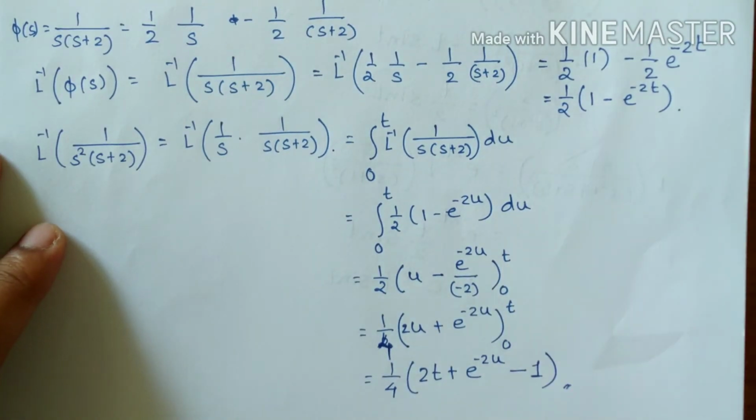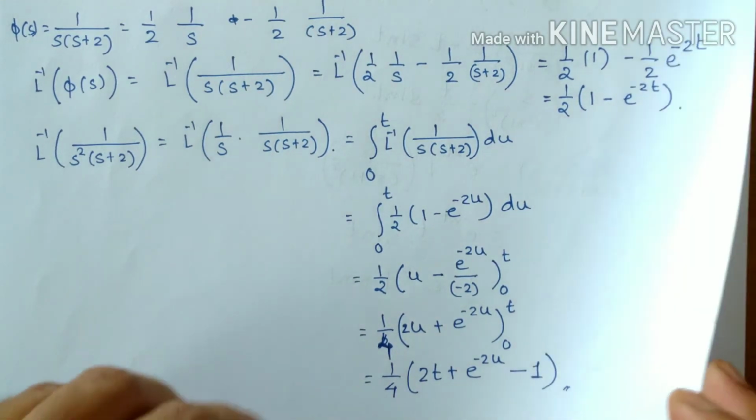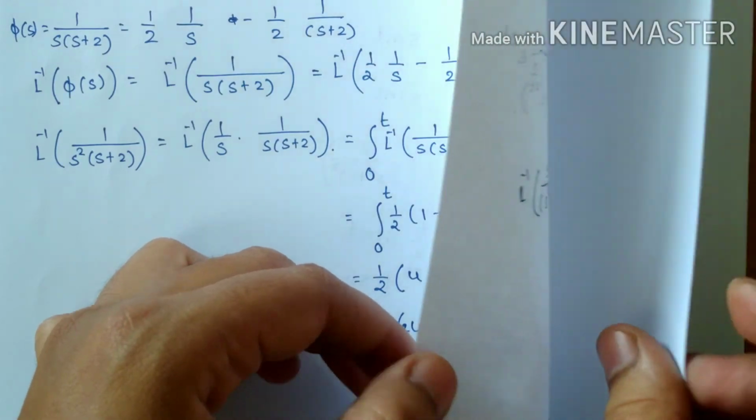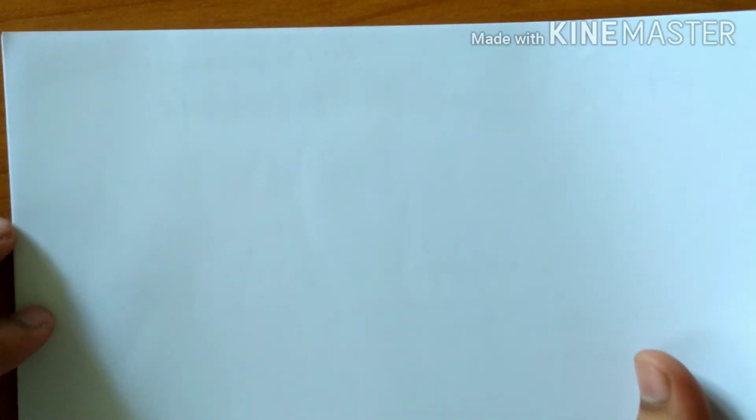Now we studied in the previous lecture the problem based on the differentiation of f of s. Now we are going to solve one more miscellaneous example where we are going to apply the convolution and the same concept, that is the differentiation of f of s. Let's do one more problem which will elaborate in detail what exactly we are going to do.